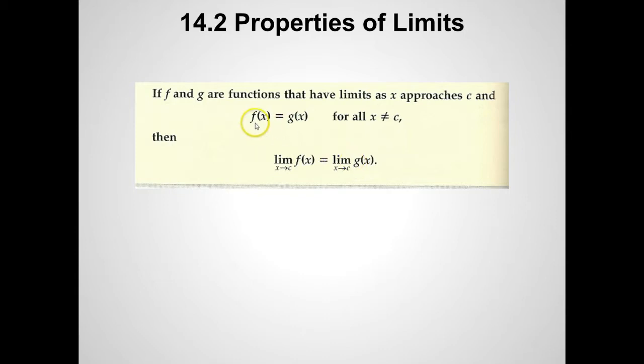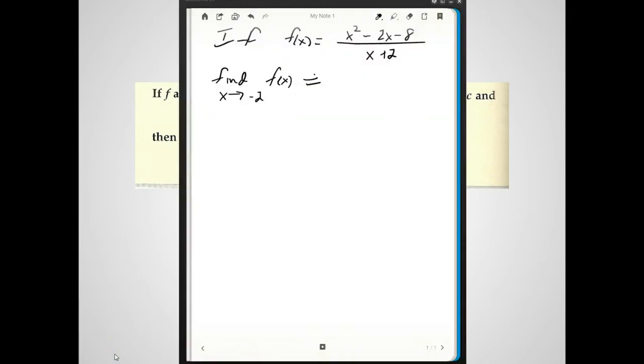Now, what's the function we have? We have f. You say, what's g? Well, let's bring this back up and we'll find g. We're going to try to find a function now that has values the same as f except at negative 2. And we can do that by looking at the function and rewriting it in a different way. Well, I shouldn't use this notation yet. F of x is equal to,